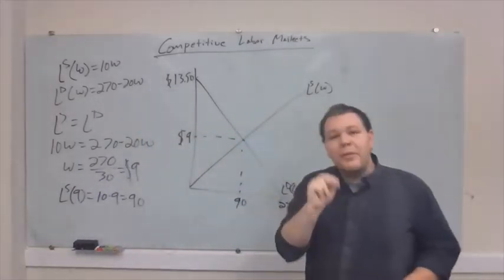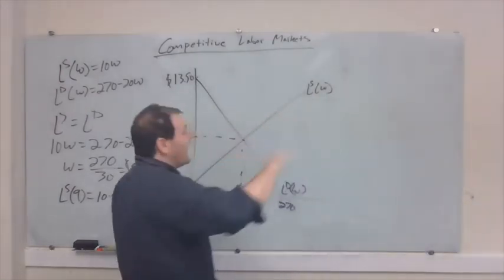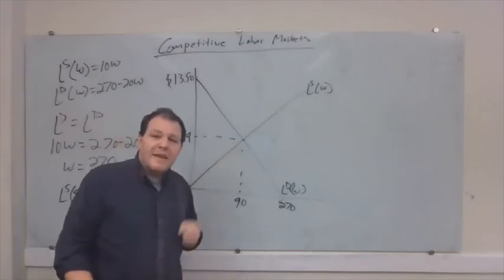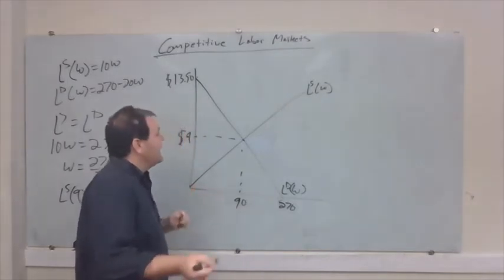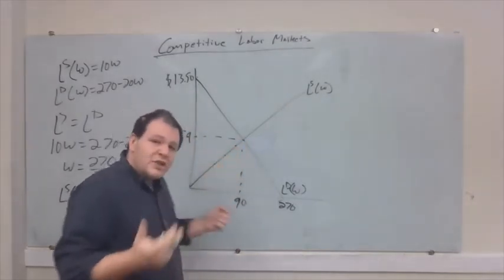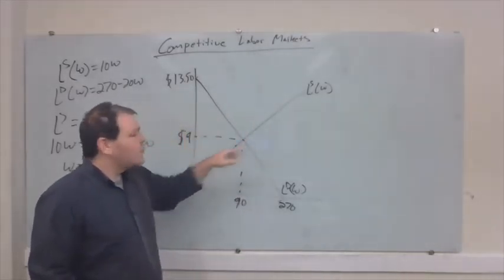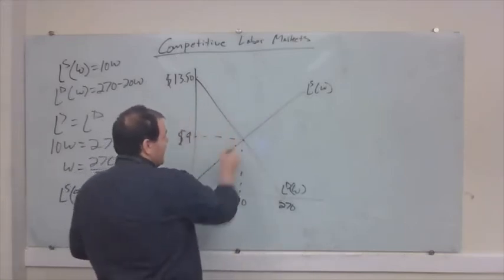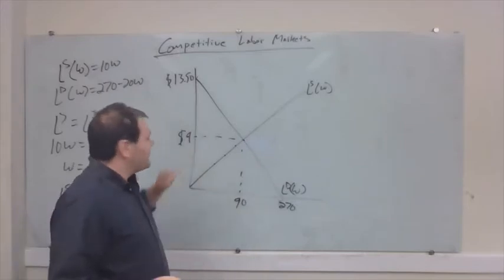So a couple things to point out about this solution. So the first is, right, just like with any other market we talk about, the competitive equilibrium is going to be economically efficient. And the reason that's true, the reason we can see this, is because at each point in our labor supply curve, right, the wage is going to tell us the amount of money it takes to get a worker to give up their next hour of leisure, right? So what this means is that the 90th hour worked as leisure has a value of $9 to the worker